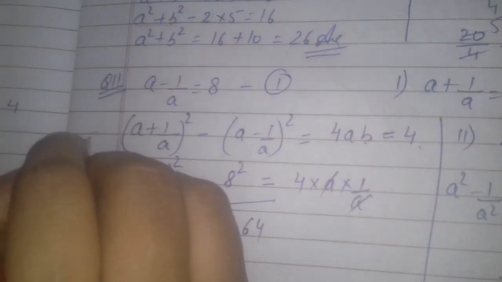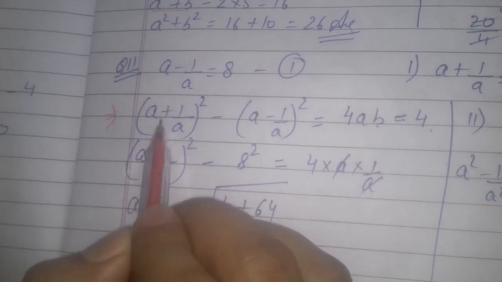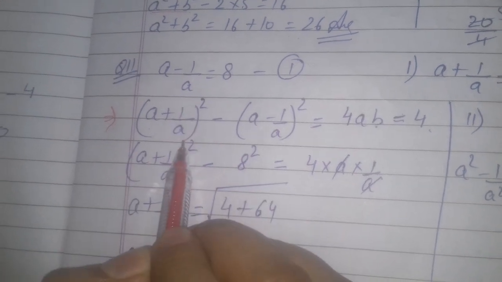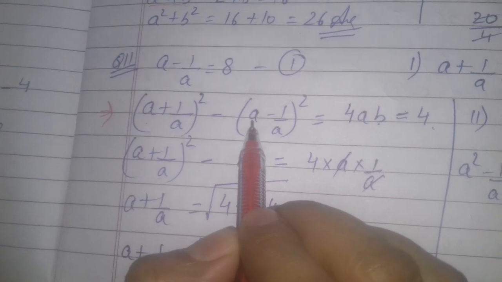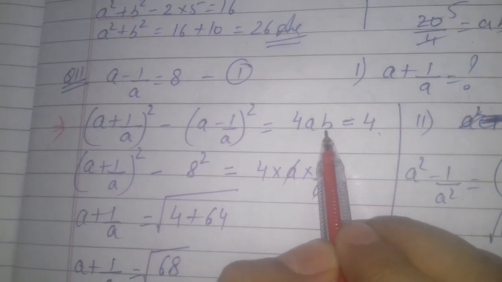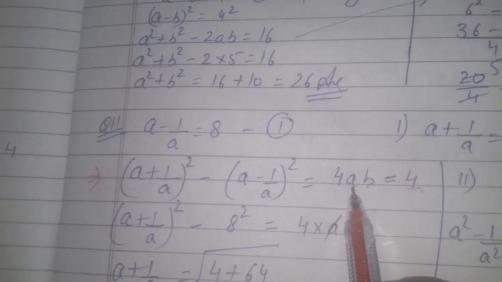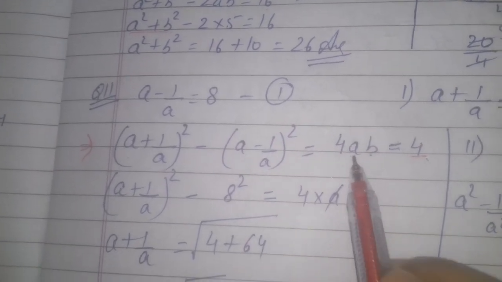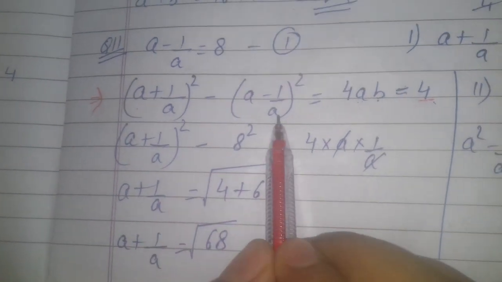11th question, a minus b is given to you and you are asked to find this value. Again very important children. This is same identity which we already used earlier. A plus 1 over a, that was a plus b whole square, but in this case b is 1 over a. Okay, so a plus 1 over a whole square minus a minus 1 over a square is equal to, earlier we were using 4ab, but here we are left with 4 only. Why? Because a is a only and b is 1 over a. That will cancel with each other. Clear? So this value we are asked to find out minus this value is given to us.